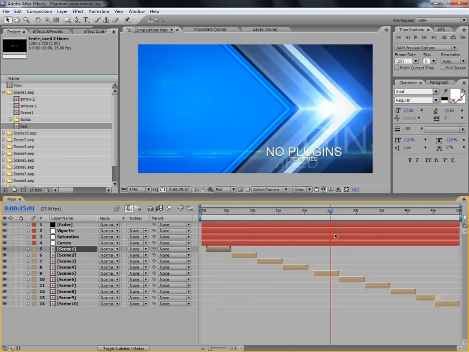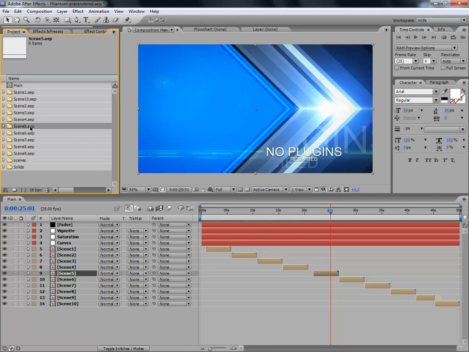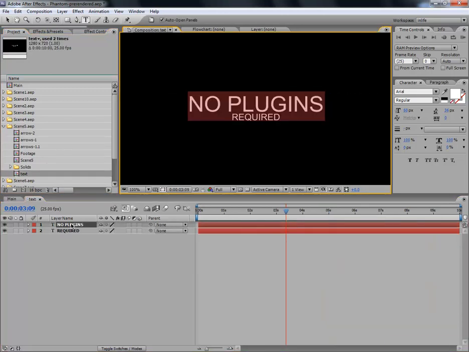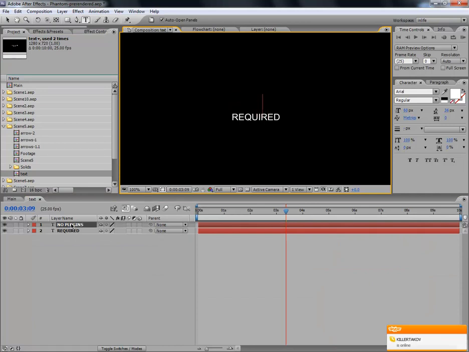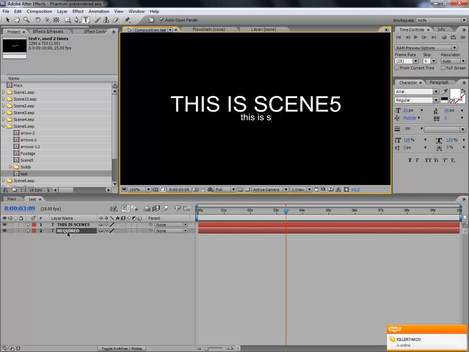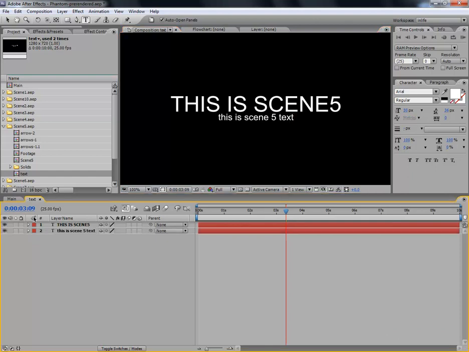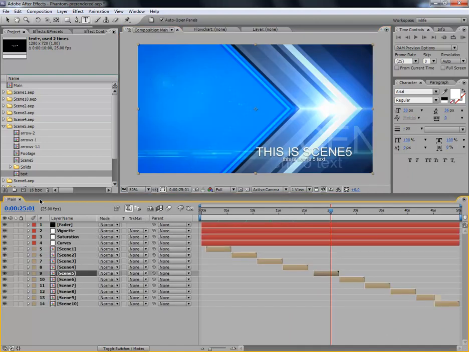This is pretty much the way you modify all of the other text elements. Now let's jump to a part where we have a footage holder. It's scene 5. You need to find it. Here's the folder. Click it once to expand. Double click the text composition again to rewrite that text. So this is scene 5, and this is scene 5 text. Once that's done,